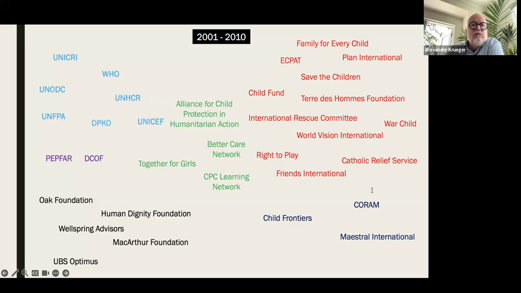Just an update on the kind of organizations. We see that in the early 2000s, in the first decade, in the middle of the map here, we have interagency actions and organizations that are shaping up. So there is the Better Care Network that was born after with the same actors that were involved in Cambodia. There is the initiative Together for Girls, but there is also the CPC Learning Network that is like the Better Care Network oriented to learning and sharing lessons. And out of this, there is the Alliance for Child Protection and Humanitarian Action, that is the evolution of the Child Protection Working Group that brings together NGOs, UN agencies, and some of the government bilateral as observers, with influence from